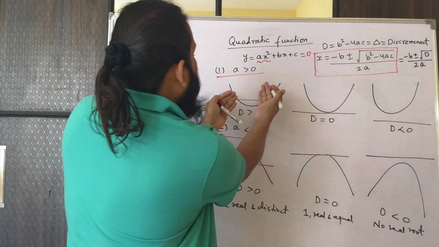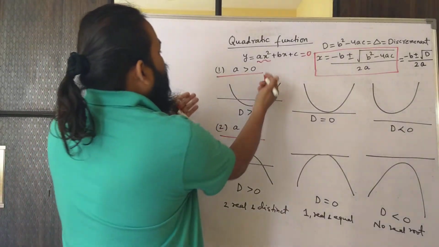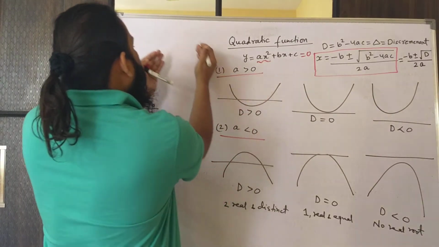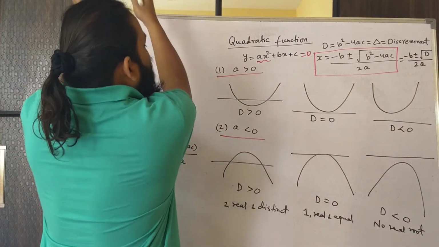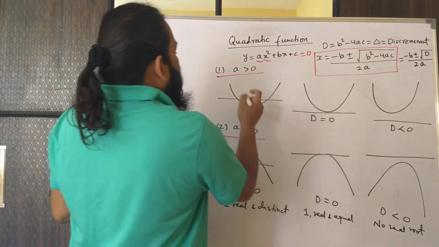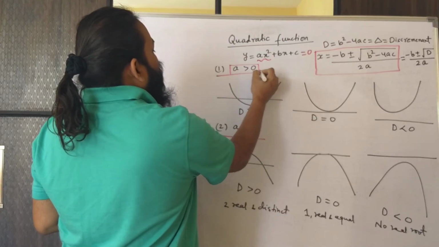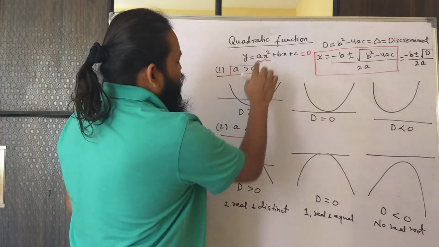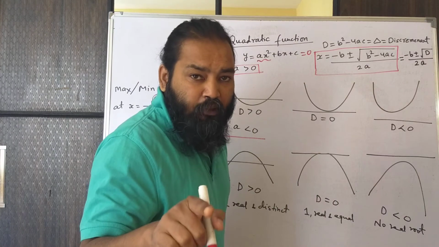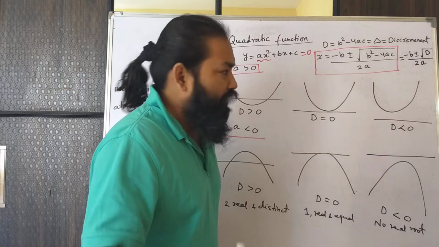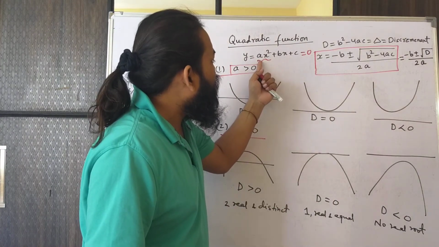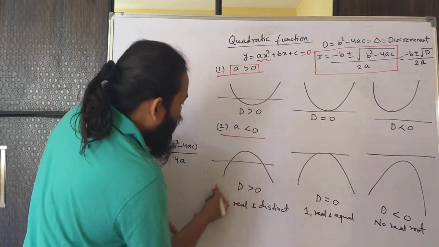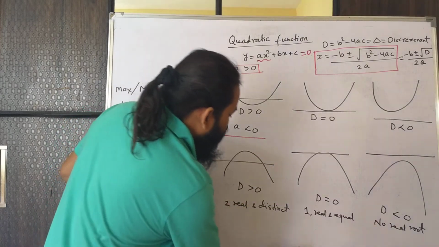Also, if you decrease the value of x too much, still x square will be positive and a is positive, so the graph will still increase. So it will come like this and it will go like this. That is why when a is positive, you will have a U-shaped graph. But when a is negative, for the same reason, the x square term will always be positive. But if I multiply x square with a negative number, you will get a negative number. That's why the graph will come from below, and after a point it will go down.